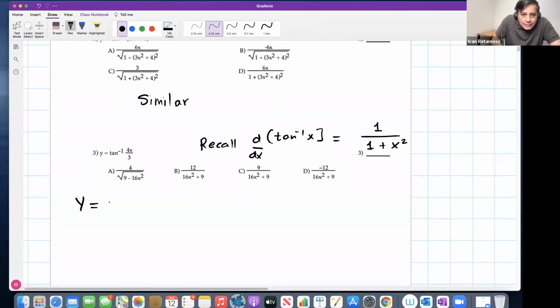Start by writing this as follows. Tangent inverse of, in parentheses, 4x over 3. Clearly, tangent inverse is the outside function, and 4x over 3 is the inside function. So now, the derivative. The derivative of the outside function has to be gotten by following this. The outside function: 1 over 1 plus